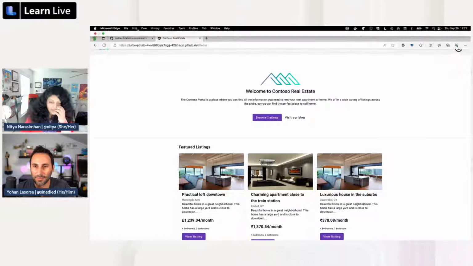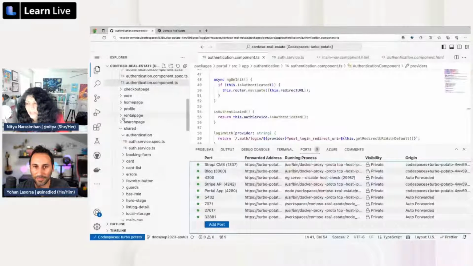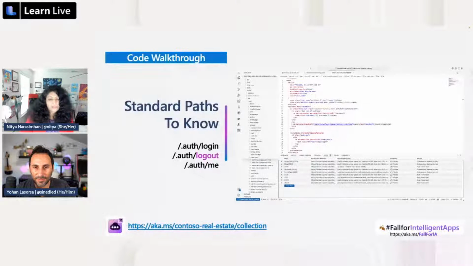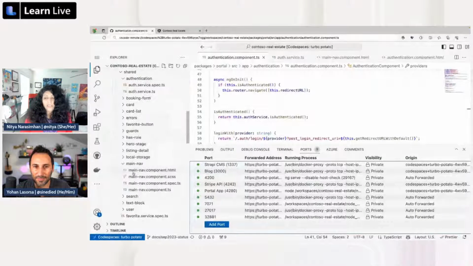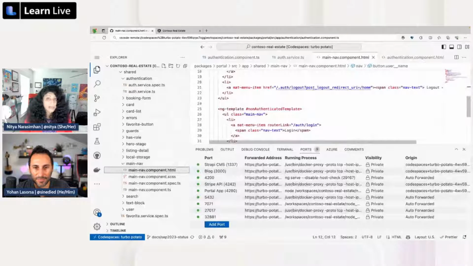I can go into the main nav. I think it's somewhere, where was it? I need to remember where this is. It's under shared and main nav. Okay, so under shared, there is a main nav. Okay, here it is. And so you can see that over here, I actually can just bind that button to